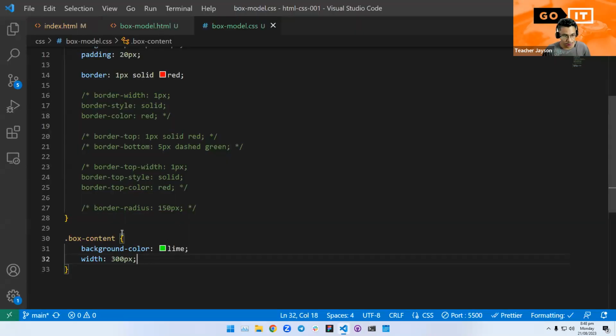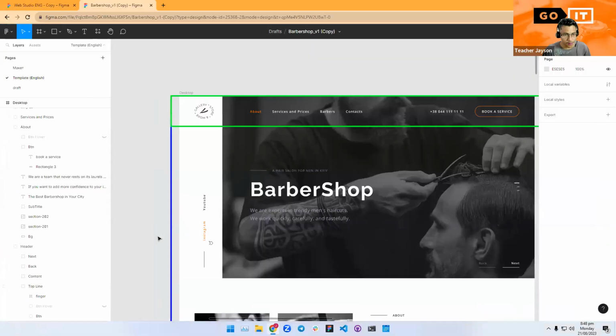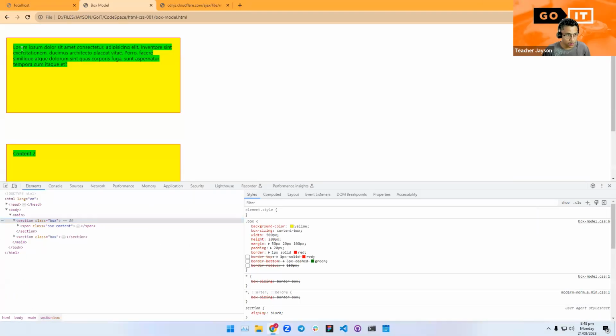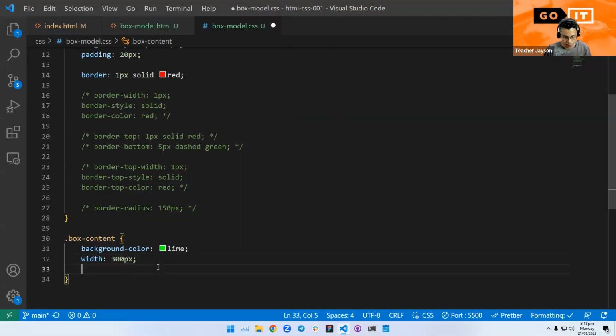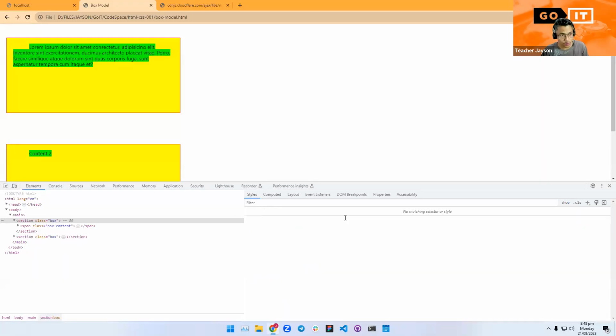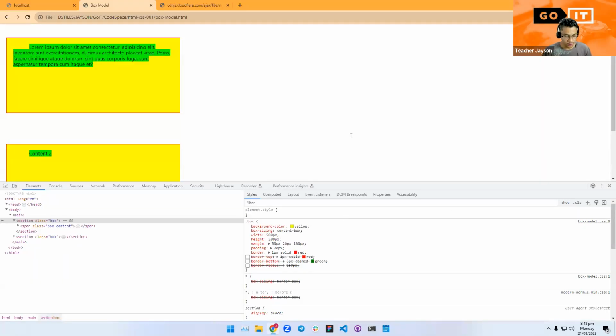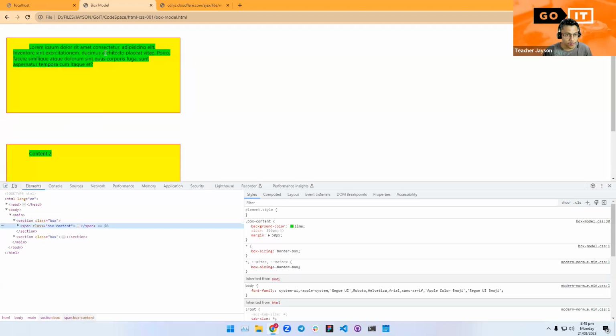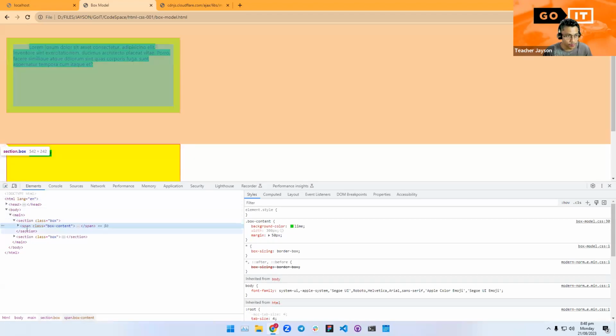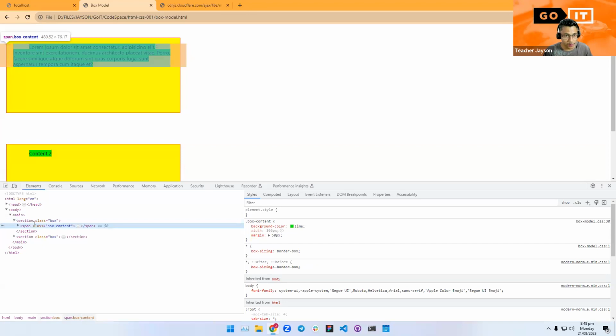But if we look at the inline, so this lorem ipsum here, let's try to give it a margin of 50 pixels. So let's see what will happen here. You'll notice that for inline elements, only the side padding works. And because inline elements are also content box by default,